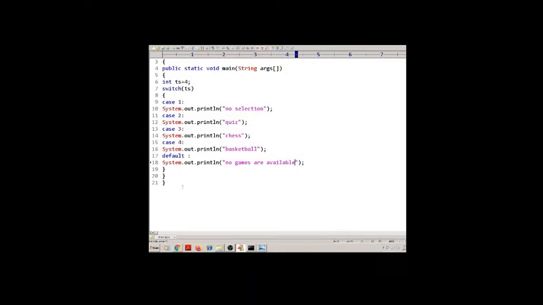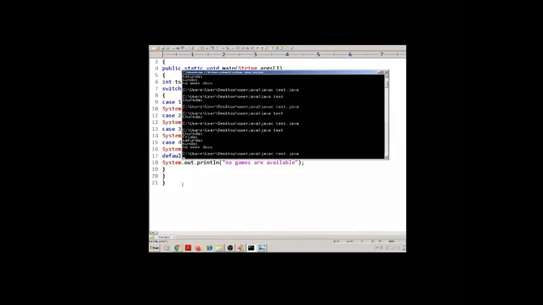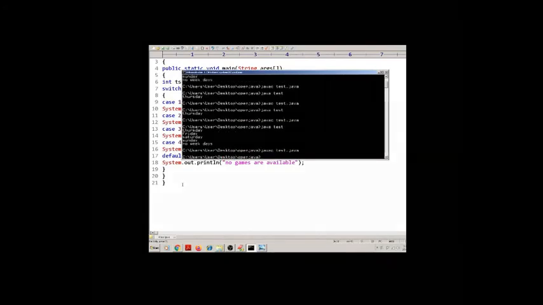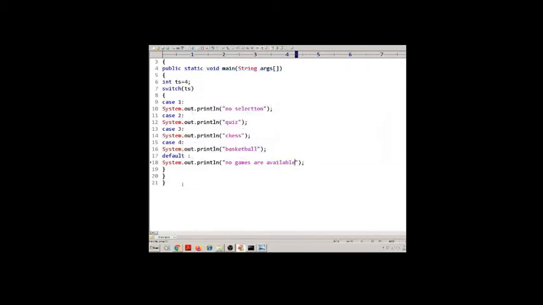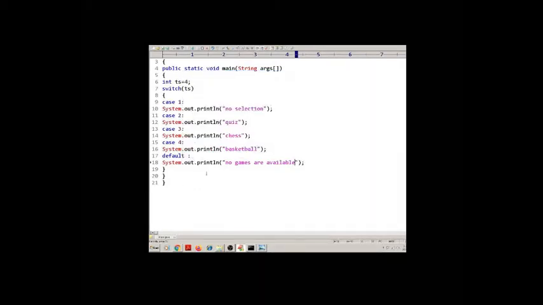Okay, now I want to save Test.java. Okay, so the output is basketball, no games are available. So Vivek, you can observe here the test score is 4.